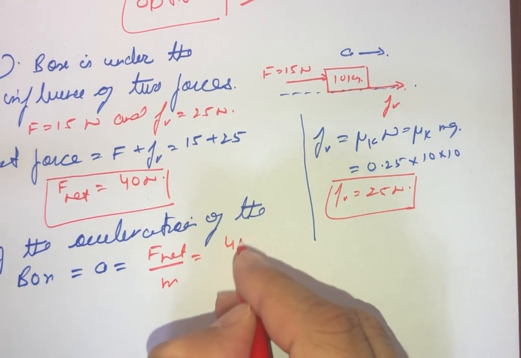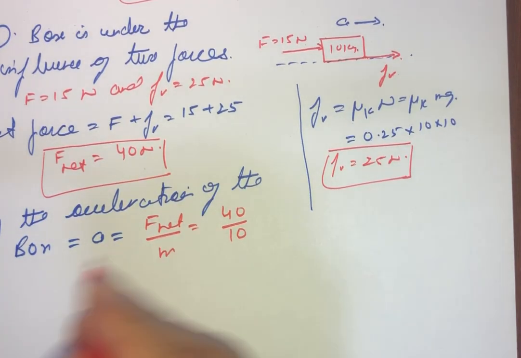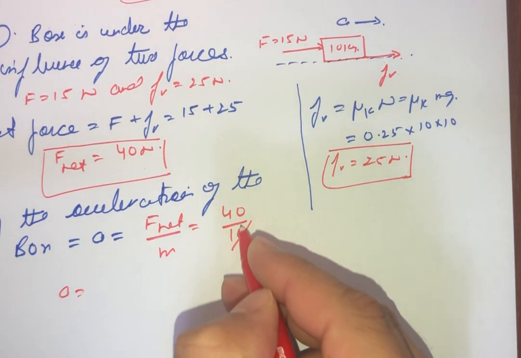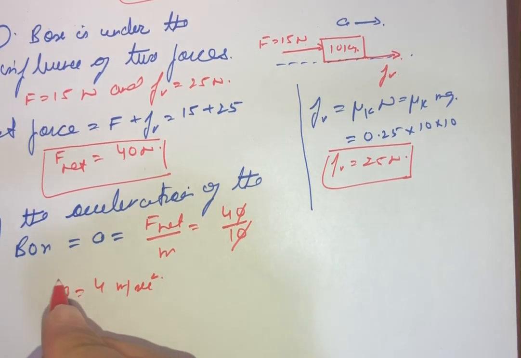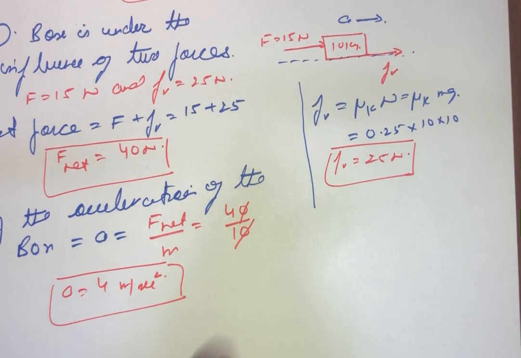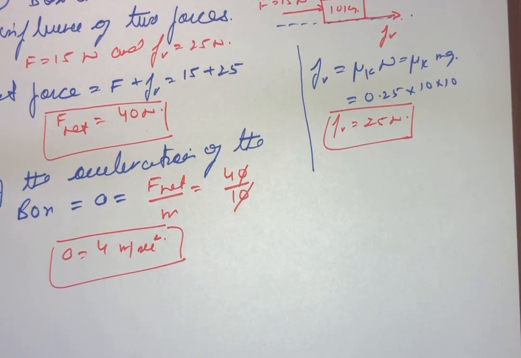F net is 40 divided by 10, so we get our acceleration as A is equal to 4 meter per second square. So this is the acceleration of the block, and we are supposed to find out what will be the work